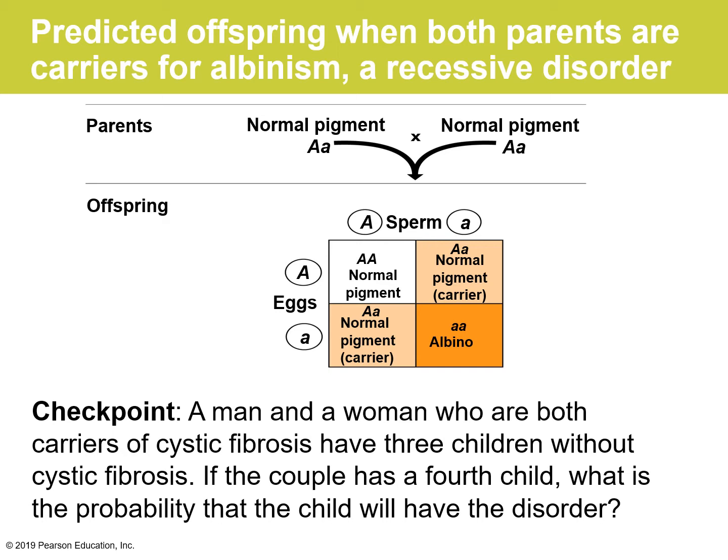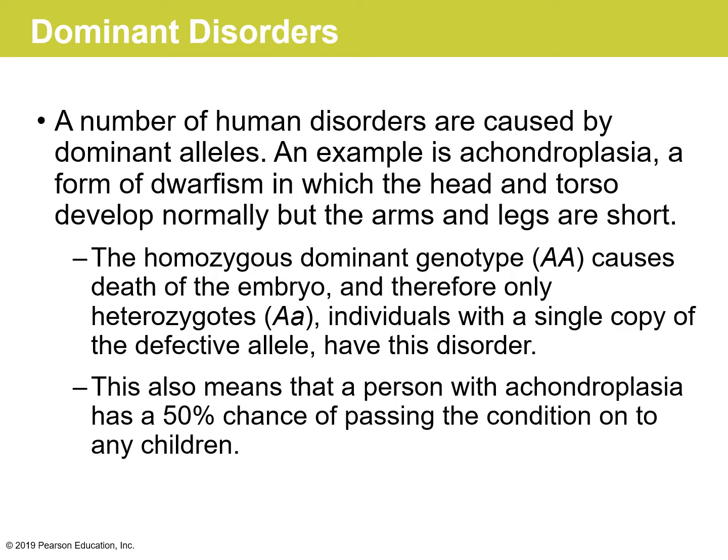Thus, we can say that about 1/4 of the children of this couple are likely to display albinism. We can also say that a child with normal pigmentation from such a family has a 2/3 chance of being a carrier. That is, 2 out of 3 of the offspring with normal pigmentation phenotype will be an uppercase A and a lowercase a. And we can apply this same method of pedigree analysis and prediction to any genetic trait controlled by a single gene.